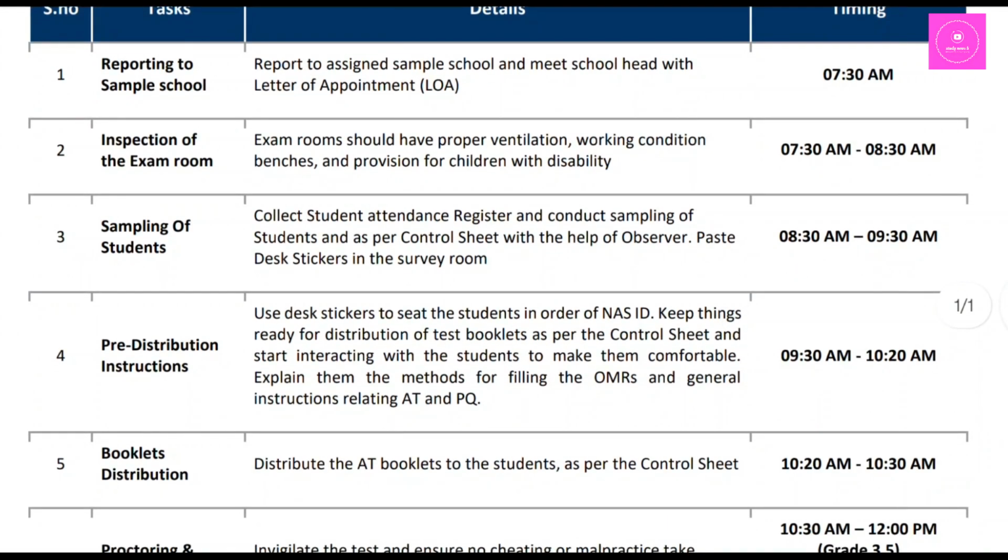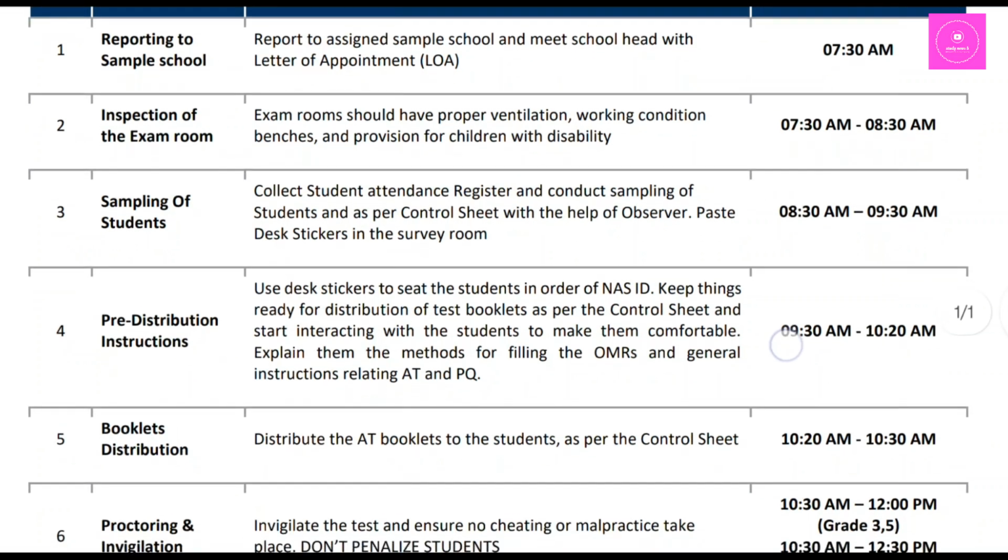Then sampling of students: collect the student attendance register and conduct sampling of students as per the control sheet with the help of the observer. Paste desk stickers in the survey room. Here we get the detailed knowledge about the sampling process of students.